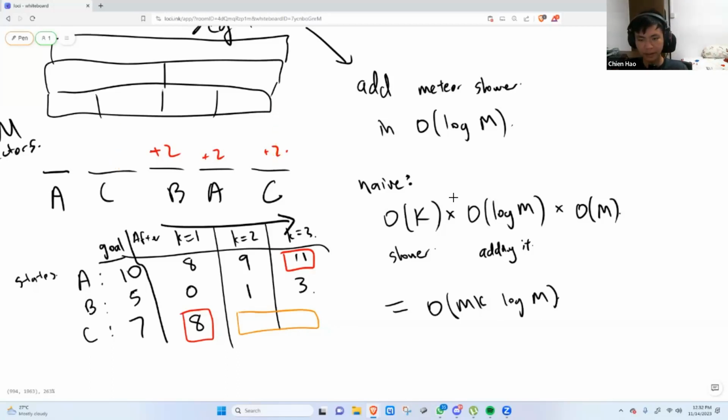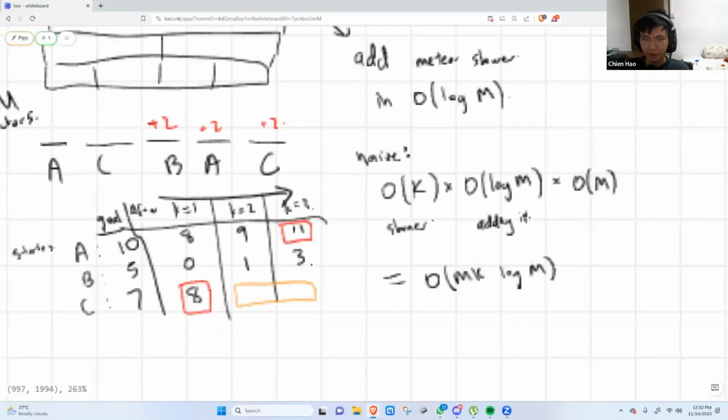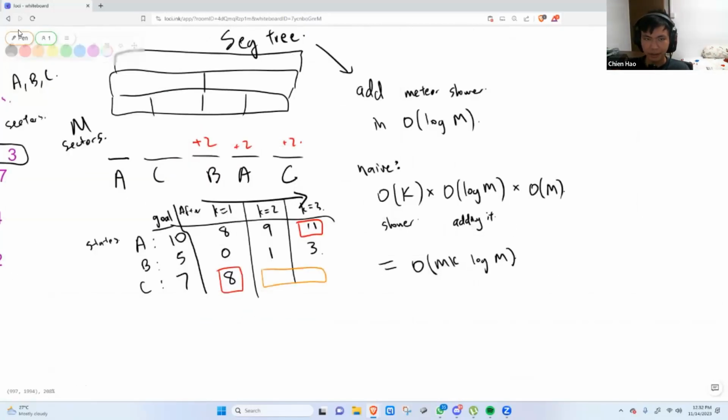And the idea is that we can try to cut down that. So the monotonic property over here is that if a state is happy, meaning it's collected enough meteors,